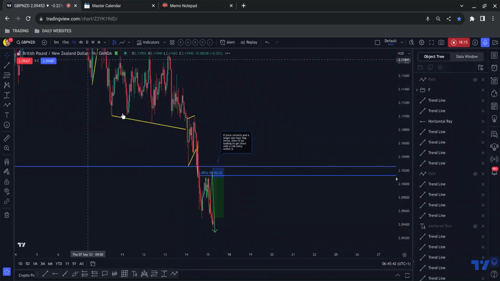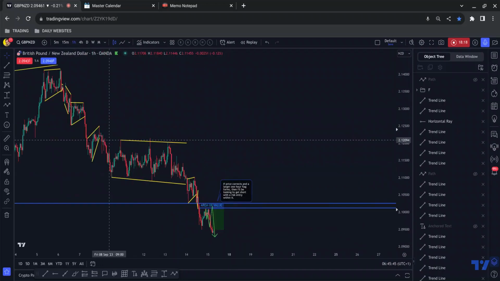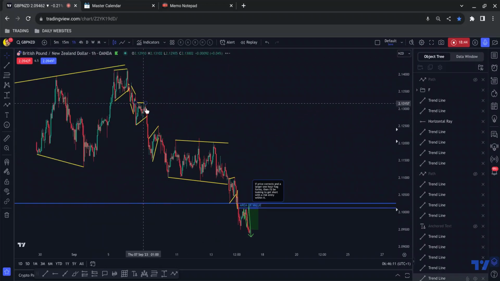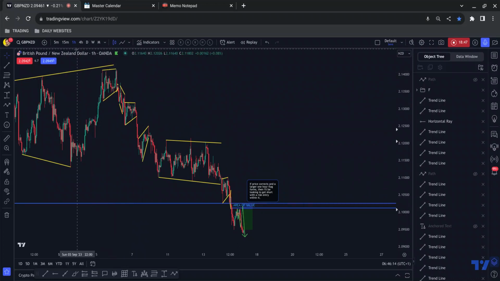Okay. Now, one of the reasons I've put pound kiwi second on my list is my strike rate with dollar CAD is probably higher than with any other pair. That's one of the pairs that has yielded me the most returns. Dollar CAD, for some reason, I have a very high strike rate on. The other factor is, I'm happy with the positioning of both pairs. This is higher up in the run, but I'm happy with the positioning and the sequence of both pairs and the entry. But one of the reasons I've got dollar CAD at the top of my watch list is because my strike rate is higher with that than with other pairs.